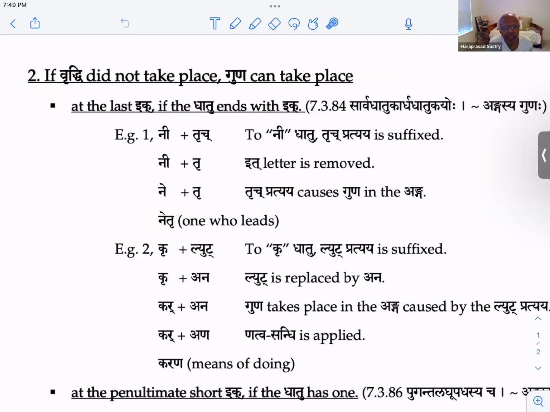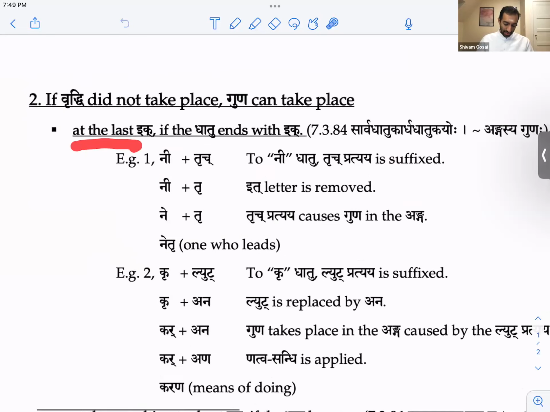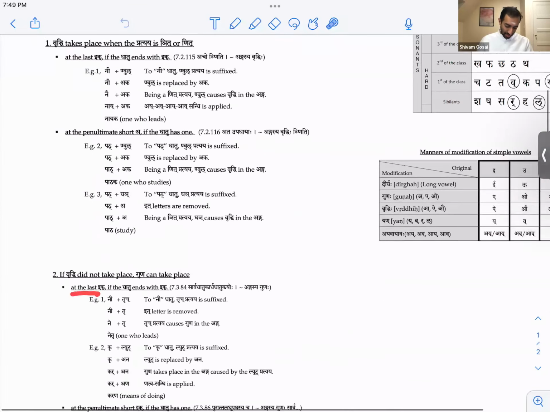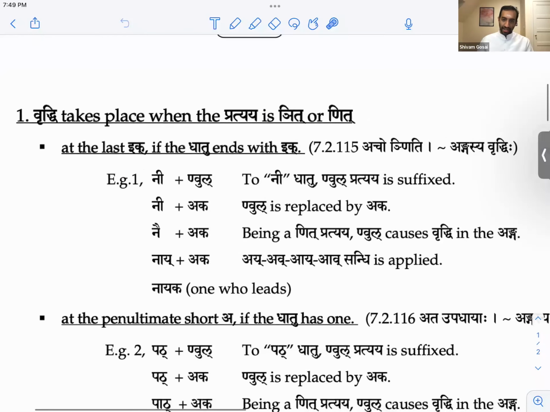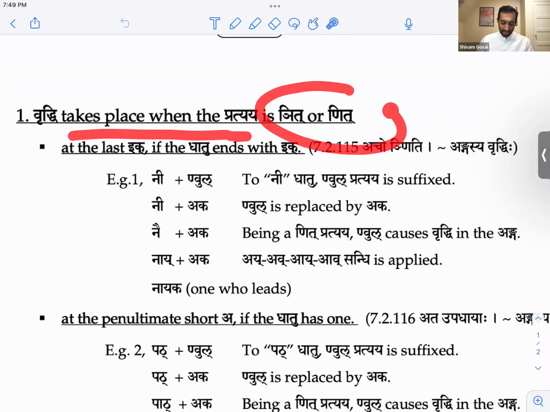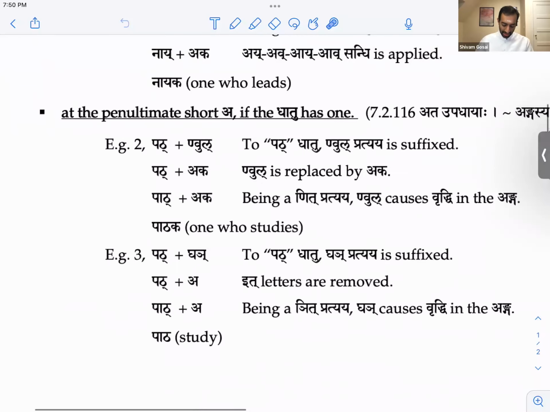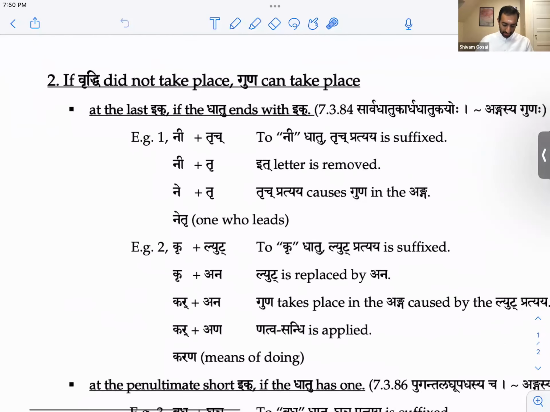Mahodaya, please repeat it. I didn't follow that. Yep. So here, if we look at them together, might be too small. But here, in this first section, vriddhi takes place when the pratyaya is nit or nit, correct? Now, let's say we have a pratyaya like trich. There's no nit or nit.